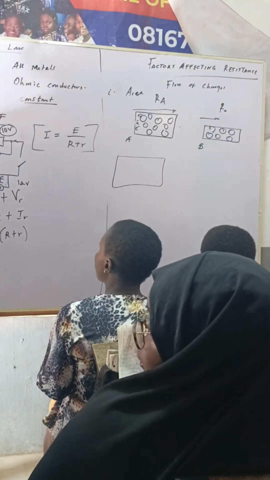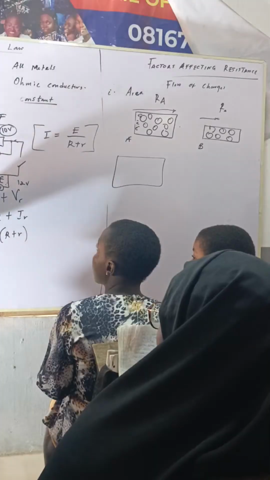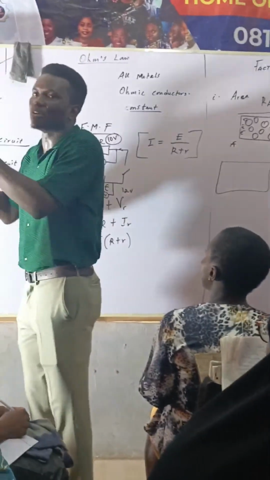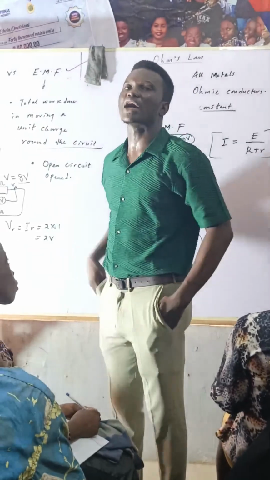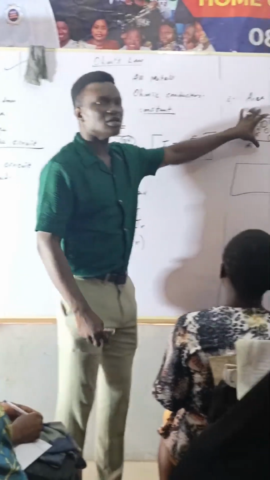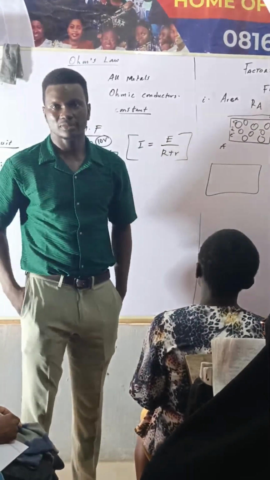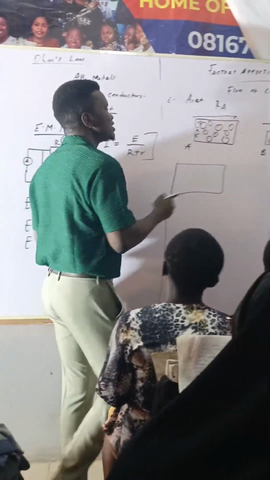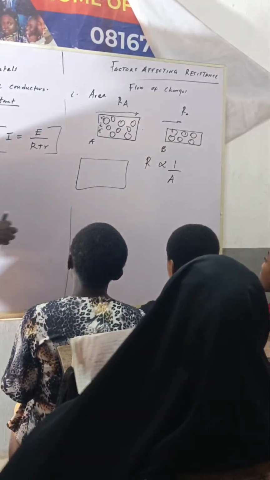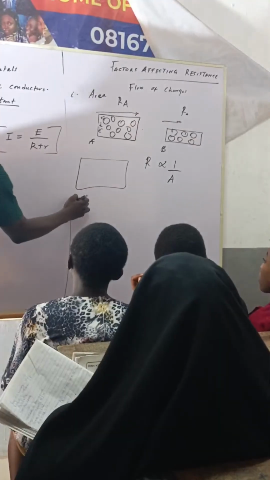I leave this door open, very big, and all of you want to come in. Then I make the door very small, and all of you want to come in. Which one allows you to pass easily? So the bigger the area, the lower the resistance. Do you get that? That's number one. Number two,